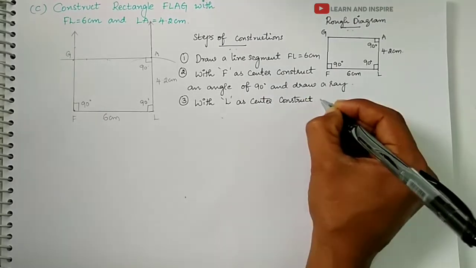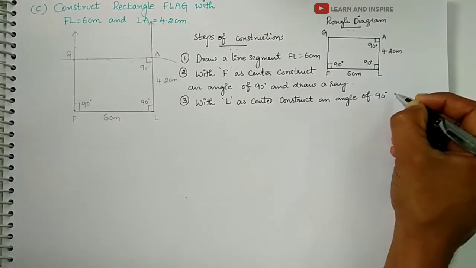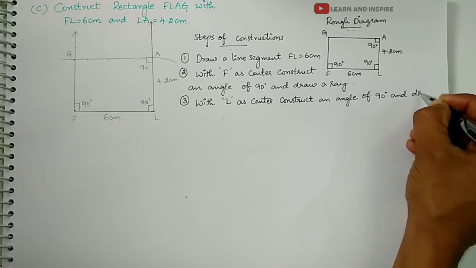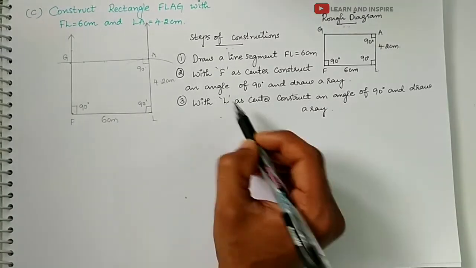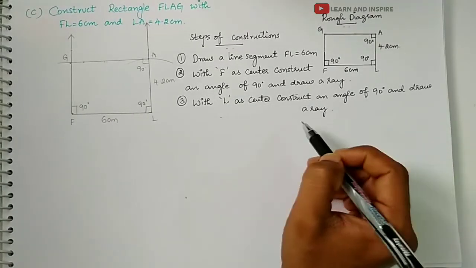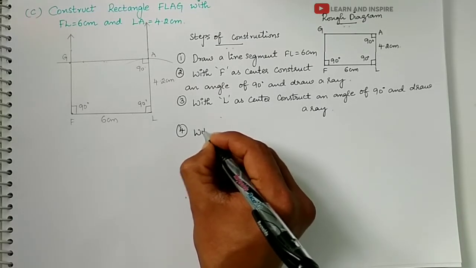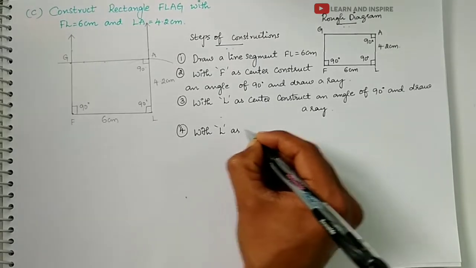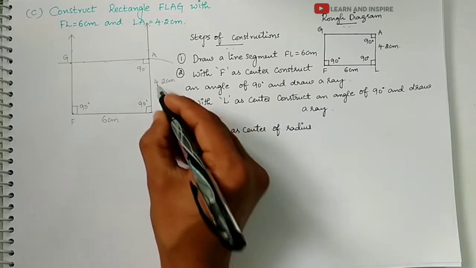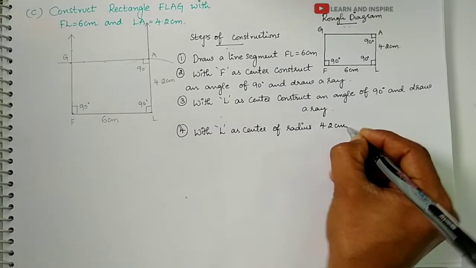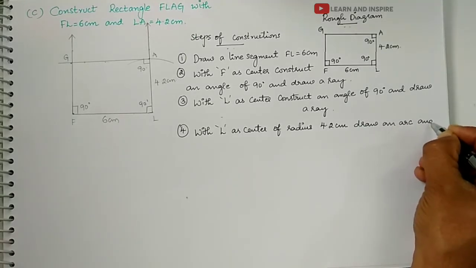construct an angle of 90 degrees and draw a ray. With L as center, construct an angle of 90 degrees and draw a ray. Step number 4, with L as center of radius 4.2 centimeters, draw an arc and